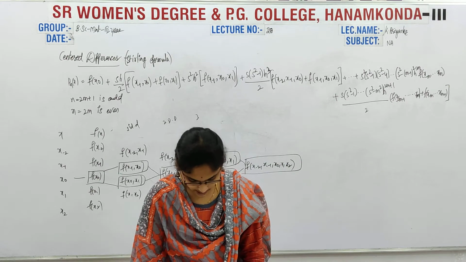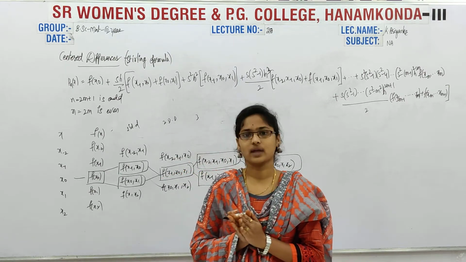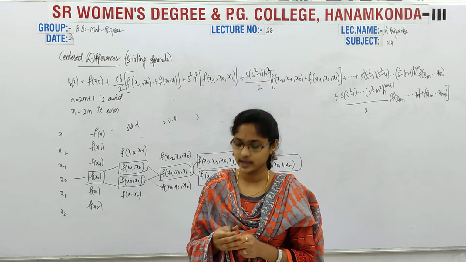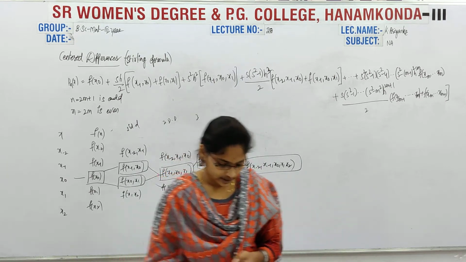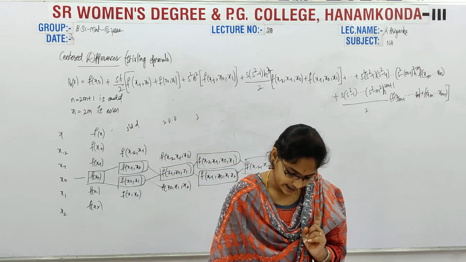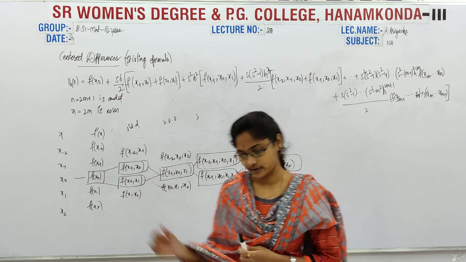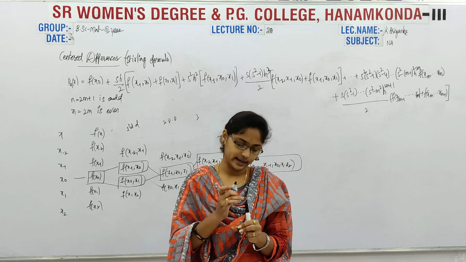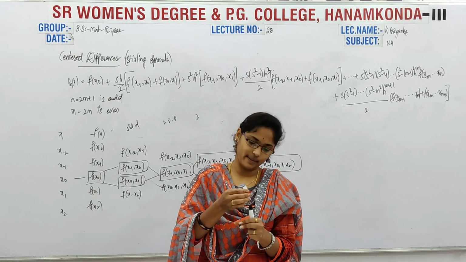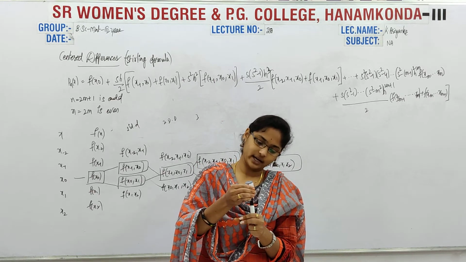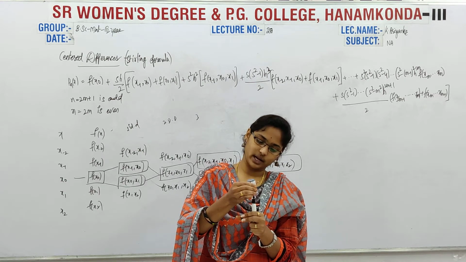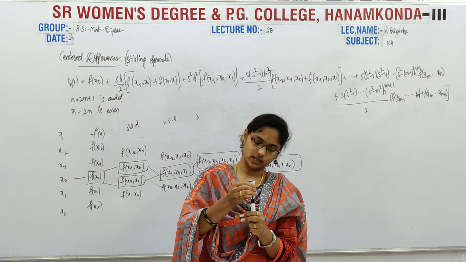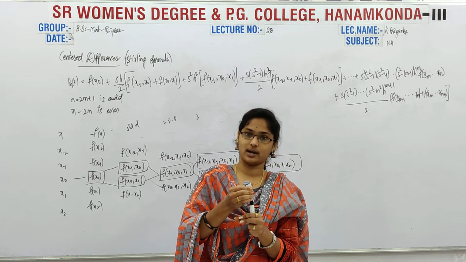So next, again I am taking the same problem. We discussed the same problem for forward and backward. See girls, I am giving only one problem and discussing forward difference, backward difference and center difference for it, because you have to identify the difference between forward, backward and center. Forward, the values are given in the first interval; backward, they are considered from the last interval; center, the values should be in the middle.